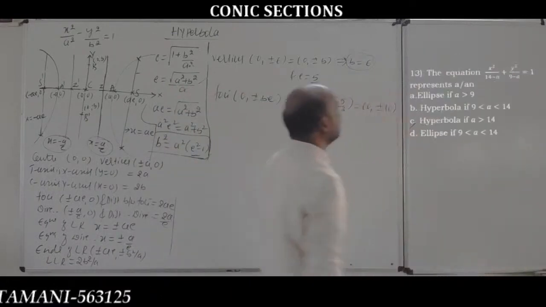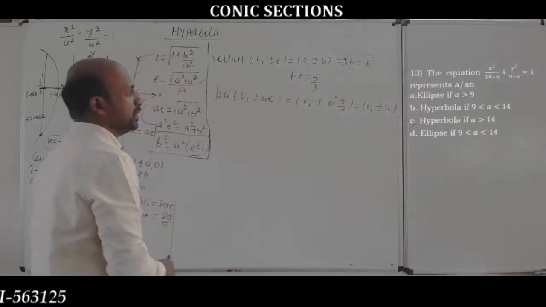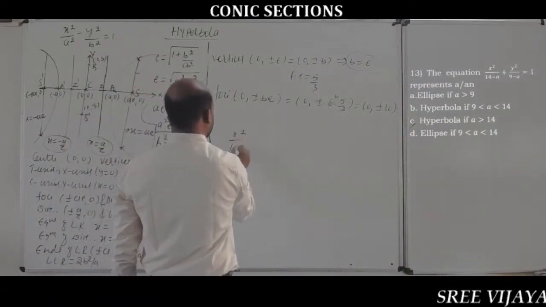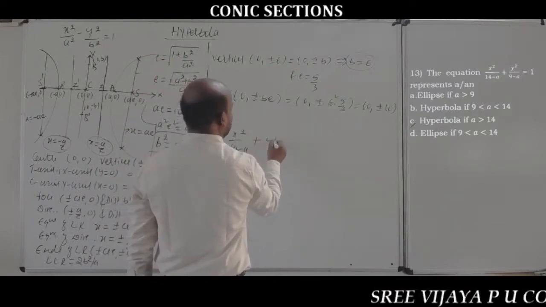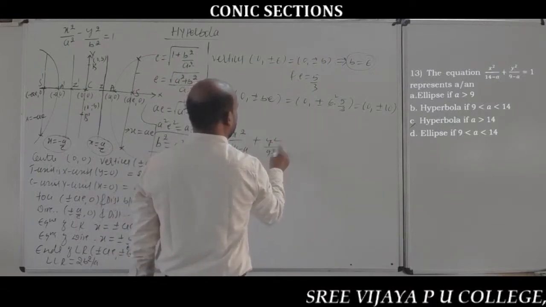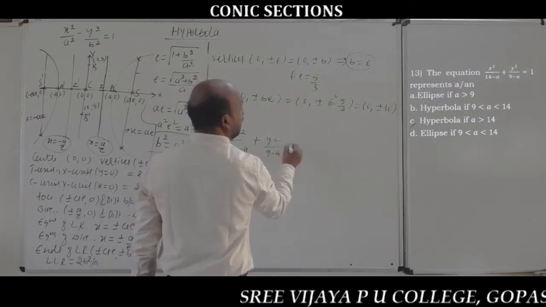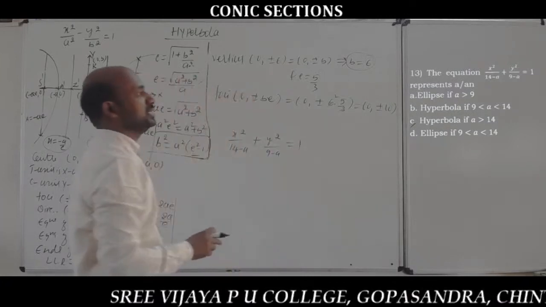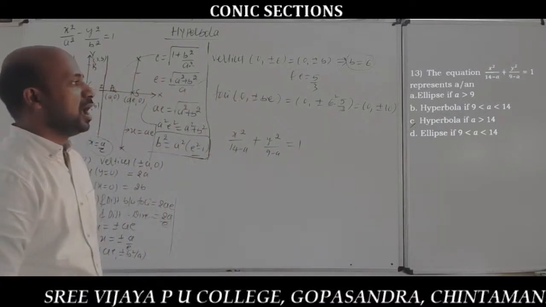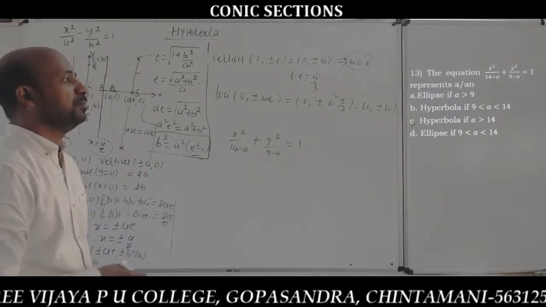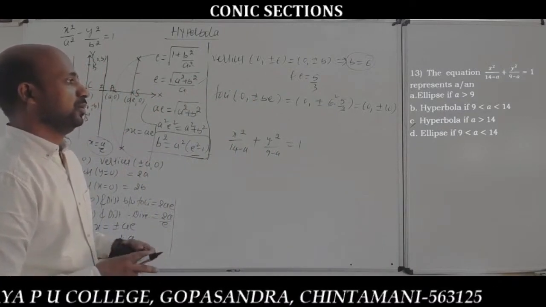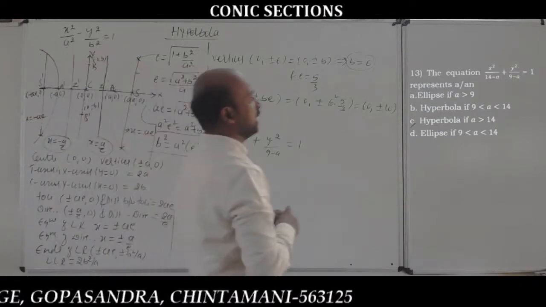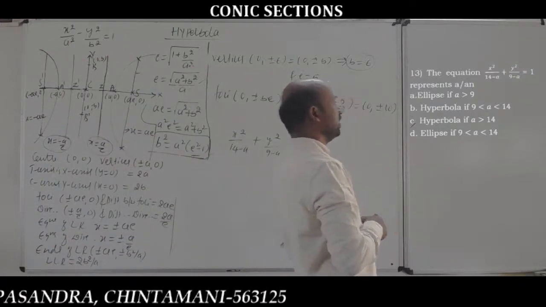Next one. The equation x square divided by 14 minus a plus y square divided by 9 minus a equals 1 represents an ellipse or a hyperbola. So the conditions are different, so which of these is correct? For an ellipse, a should be greater than 9; for a hyperbola, between 9 and